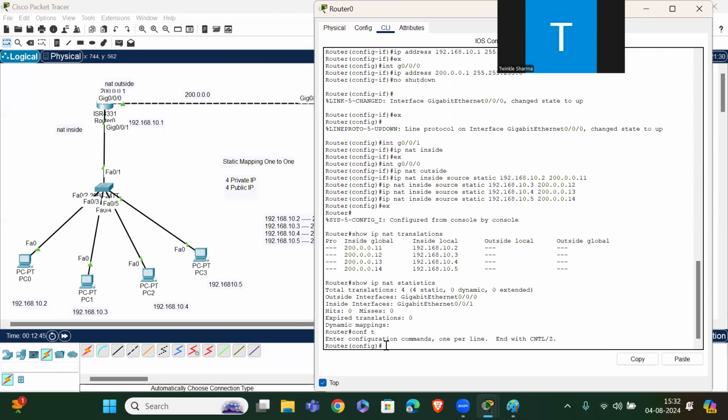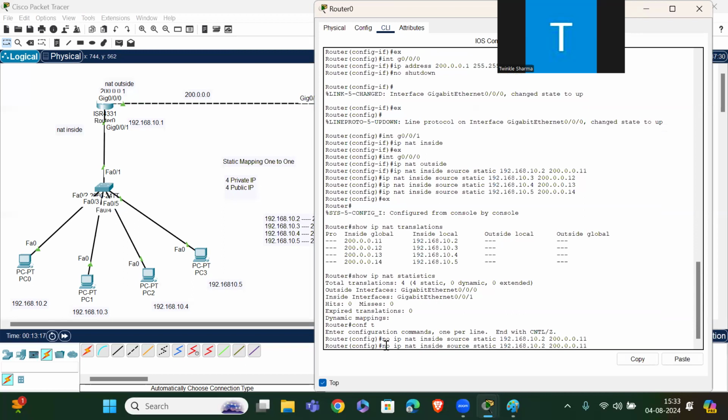Conf t, then no ip nat inside source static 192.168.10.2 200.0.0.11. Done. Same for the other IPs.